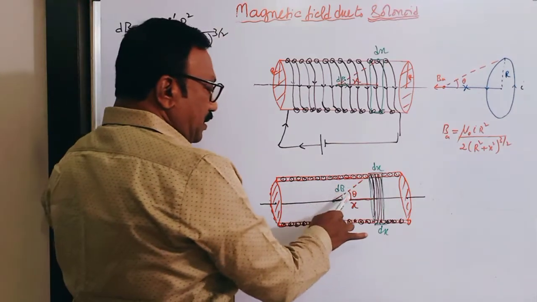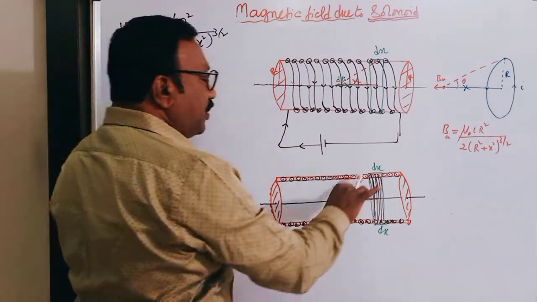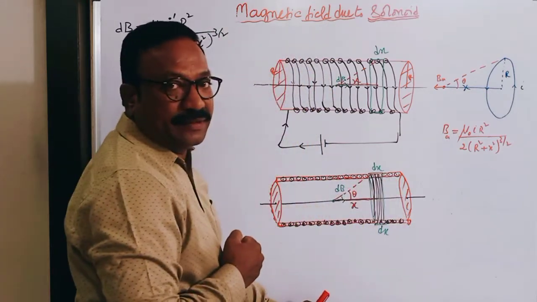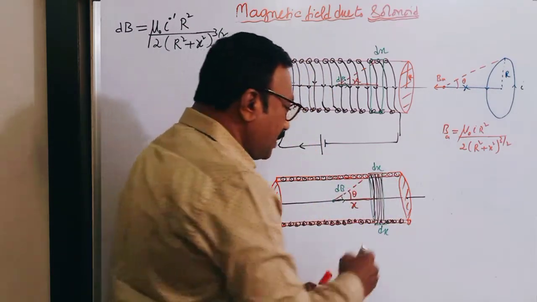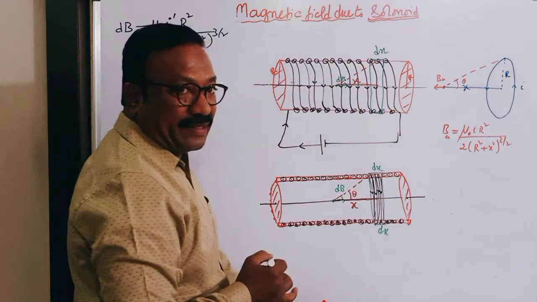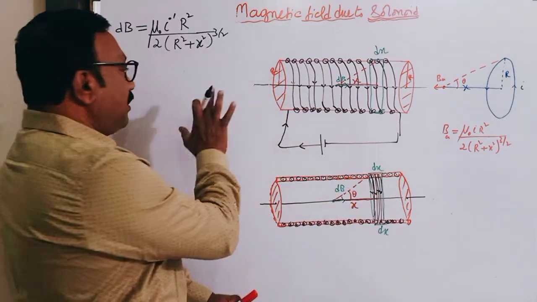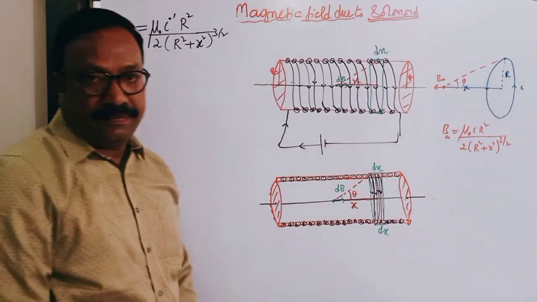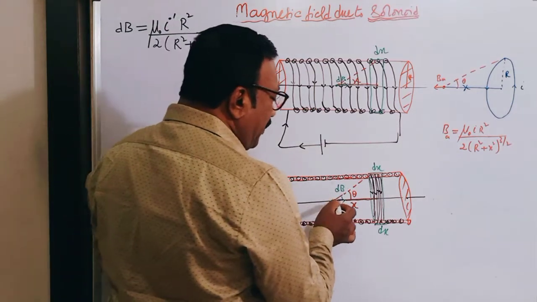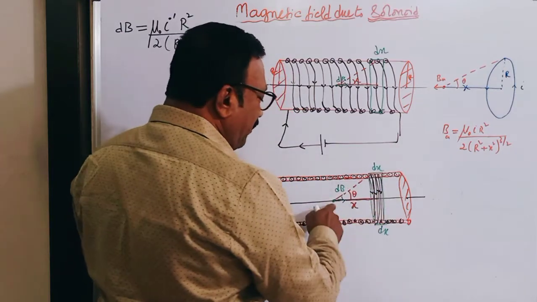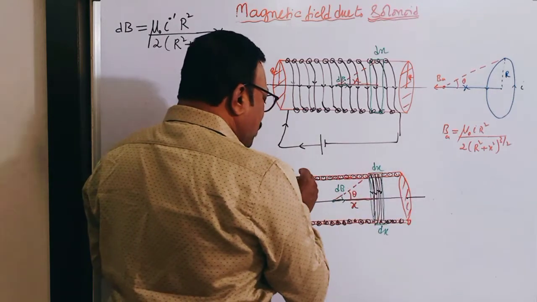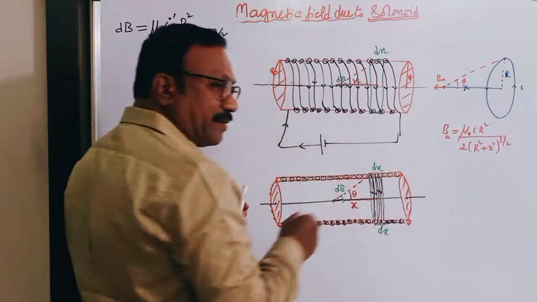So this dB is the magnetic field due to this elemental ring which has some turns of current carrying wires like this, and whose thickness is dx at a distance x. I am calculating magnetic field using this relation. So let us come to this now. You have determined magnetic field dB only due to this elemental ring, but I want the magnetic field at this point due to this whole solenoid. Assuming that this solenoid is made up of so many elemental rings dx, dx, dx, dx like this.